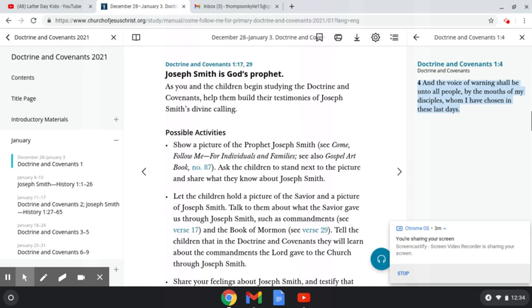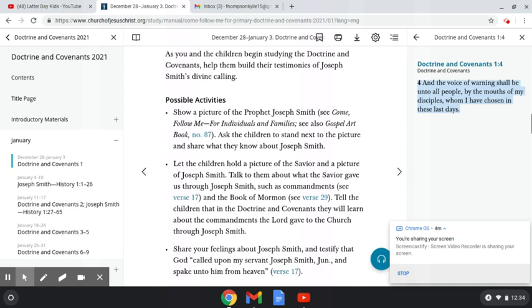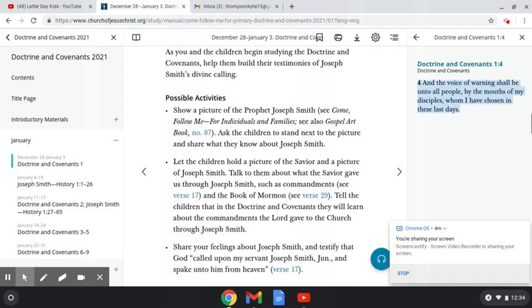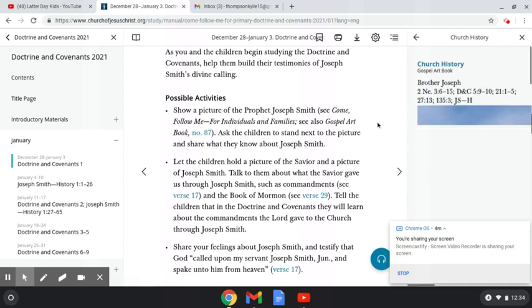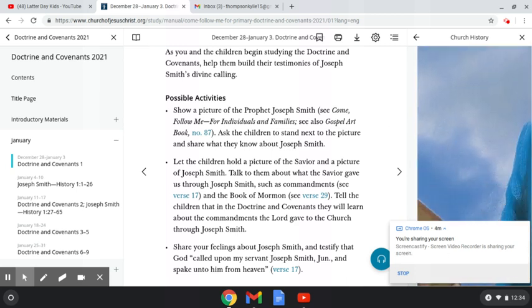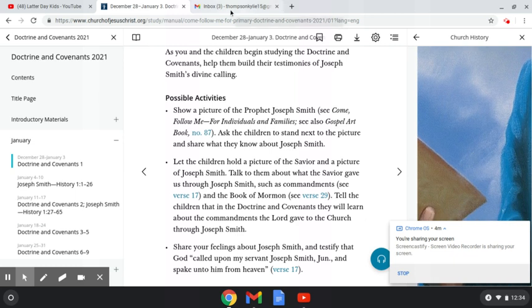And like I said, I'm totally a wing-it kind of girl. But if I were doing this for kids, I would have picked some possible activities, and you could pick one, and then you could show, it says show a picture of Prophet Joseph Smith. So click. Is it going to do it? See, there it is. You could have this all figured out to where you had this open on a different page, and you can click on the tab, and it would take you to that, and you can say, ask the children to stand next to the picture and share what they know about Joseph Smith.